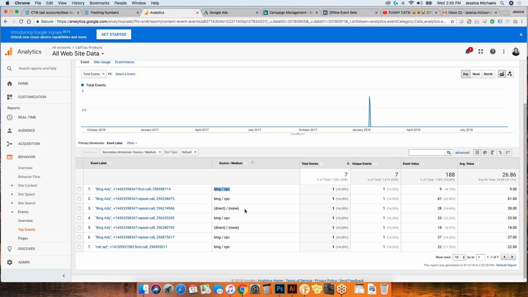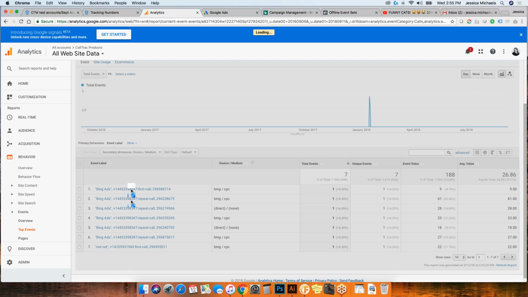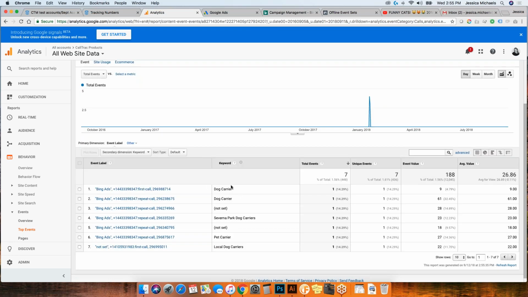If we're getting direct none, then we probably have something configured a little incorrectly. We could also look for things such as the keyword of the call. So in this case, we had a pet product store. So we have dog carriers, we're going to park dog carriers. So all of that data lives deep inside of the event. You just have to pull it up with a secondary dimension.